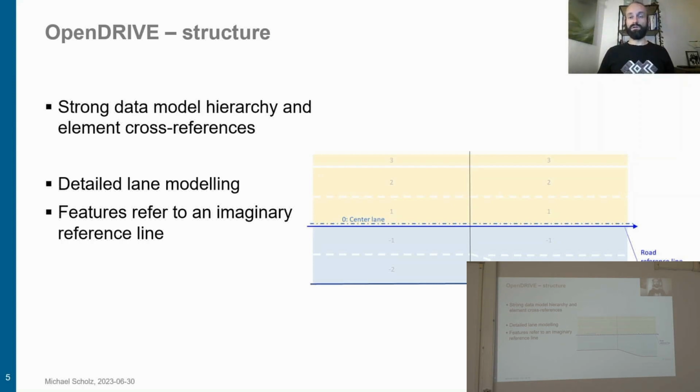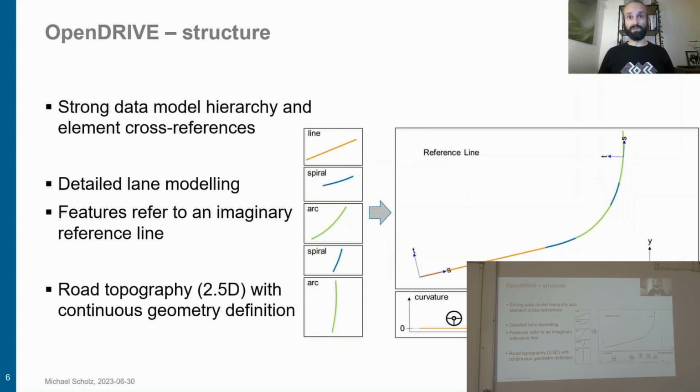So the course of the reference line is the main element describing the course of the road, and it can be built from different parts, such as line snippets, spirals, and also complex cubic polynomials describing the road topography. And this ensures that we have a continuous geometry definition, which is very important for driving simulation and traffic simulation